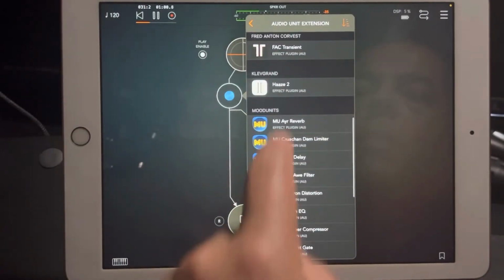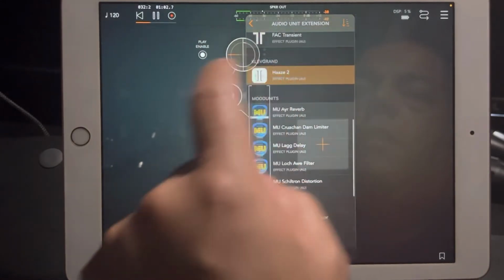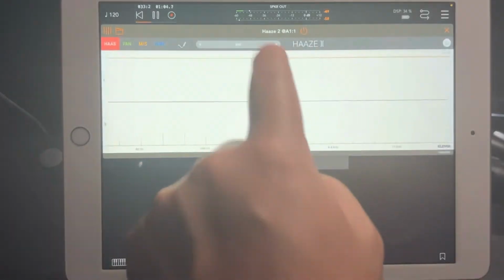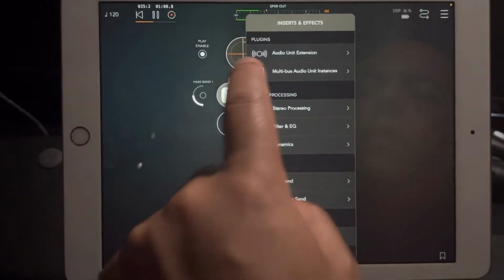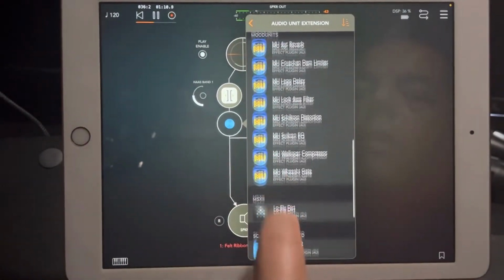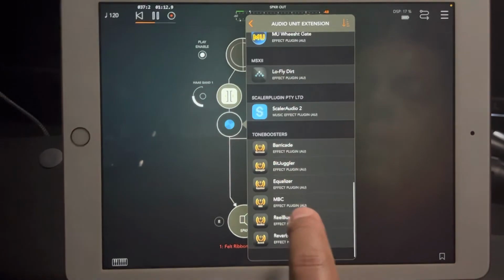And I'm just going to show you a basic one that I use. Here's Haze 2. I use that for stereo widening. Put natural. I'm just showing you what I do, okay? You don't have to do this. Do what you do. Reel Bus,